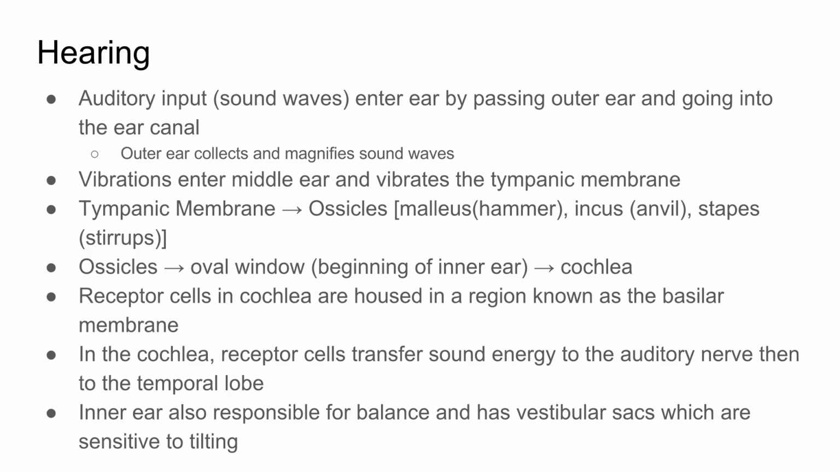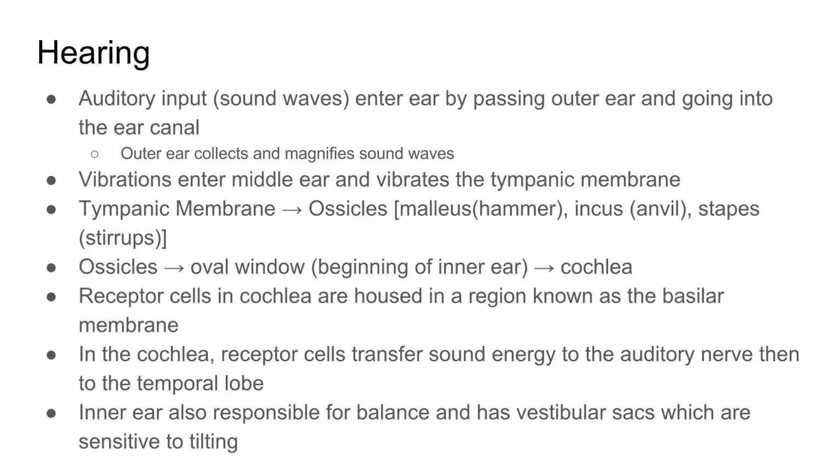So the receptor cells in the cochlea, where hearing begins, are housed in a region that is known as the basilar membrane. And it looks almost like a snail shell if you were to look at the basilar membrane in there. And the cochlea have receptor cells on them. They call them hair cells because they kind of look like little hairs that stick up. And that's where these receptor sites are. And the receptor cells receive the sound energy and then transfer it into the auditory nerve, which is right on the other side of the inner ear, and then shoot that information up into the brain in the temporal lobe,